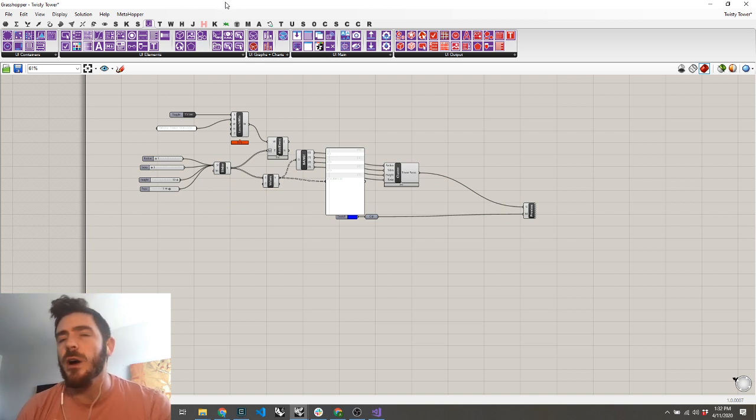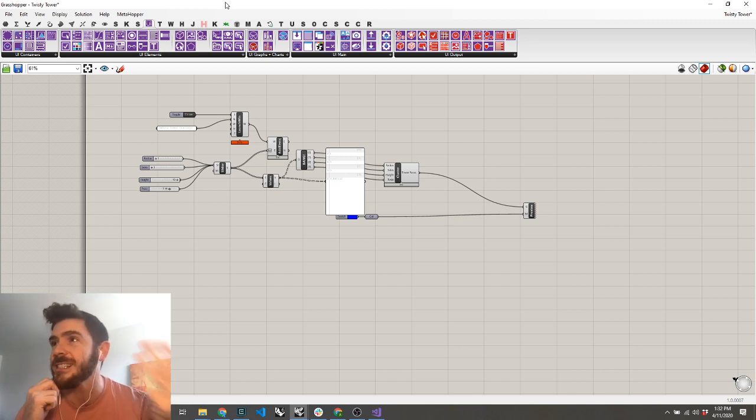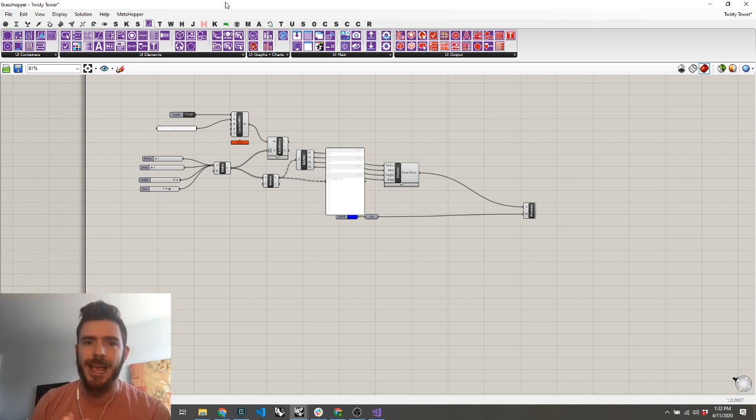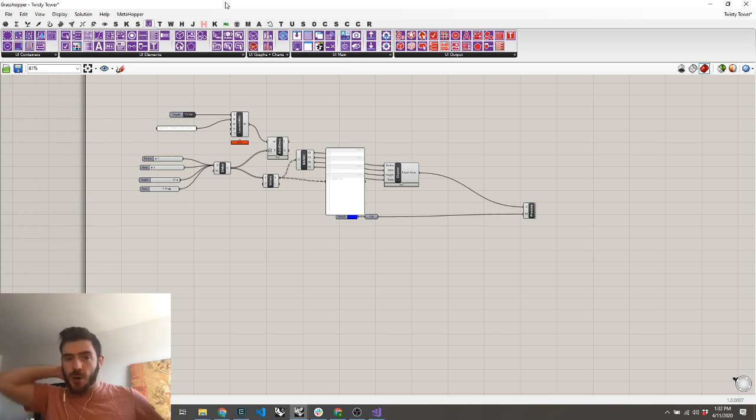So let's see, we've gone over annotation, we've looked at clusters and user objects, we've looked at UIs, we've looked at snippets. The next thing I want to show is a couple different mechanisms for getting data all the way out of a Grasshopper definition. So